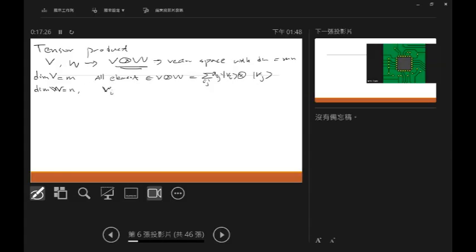Usually we will choose this Vi to be an orthonormal basis of V, and the Wj to be an orthonormal basis of W. You just take all this notation and take the sum, and this gives all the elements inside. Sometimes people will be very lazy, so you will see someone write this, or this, or this. These are basically the same thing. So for example,